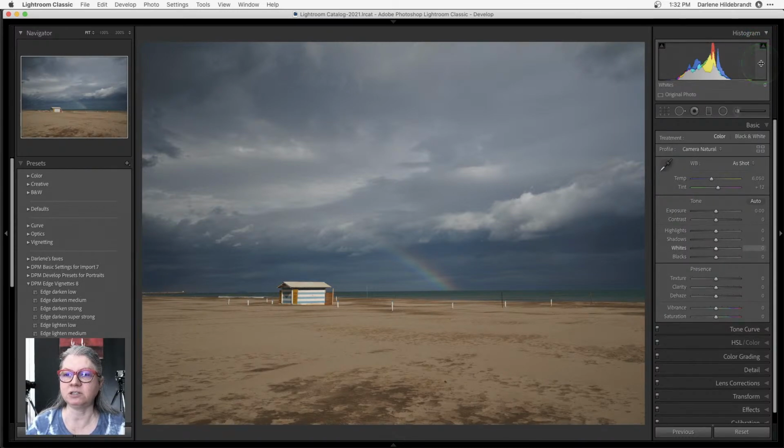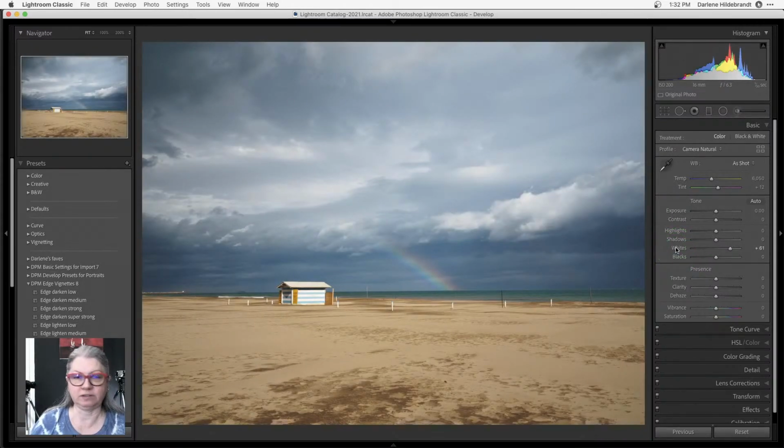So when I put my mouse there, it comes out as a lighter gray. And the same thing when I put my mouse over the slider. A quick trick to get the endpoints adjusted is to hold the shift key and double click the word whites. Do you see what happened? I'm going to undo it and do it again. It put whites to 61 plus, and it made the graph stretch out so that it's touching the edge. What that means is you now have a pure white point.